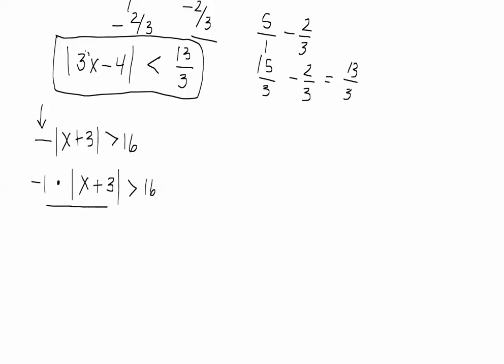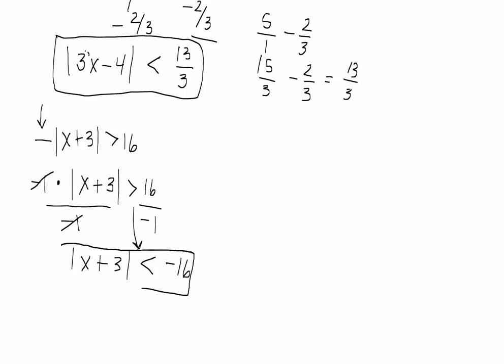So what you do in this problem is you divide both sides by minus 1, and you get absolute value of x plus 3 is less than minus 16. Don't forget that whenever you multiply or divide by a negative number, the inequality sign changes. Now this problem is also ready to solve because the absolute value has been isolated. In part 2, I will write down the rules for